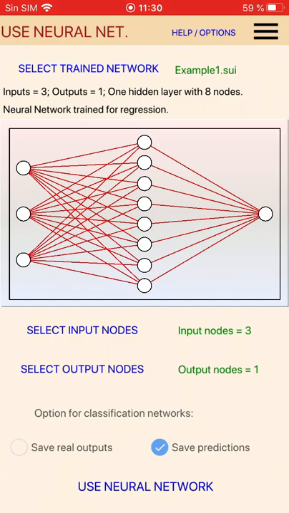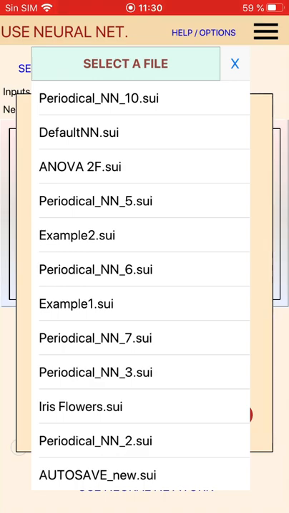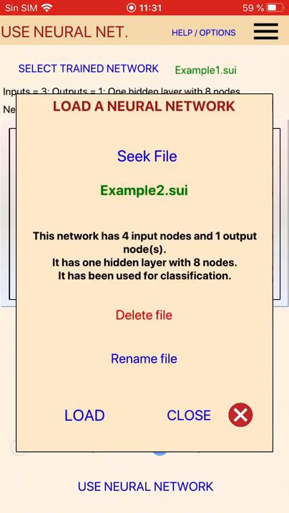Well, so let's select the neural network that was trained for classification. In my case, this one. And we can read it has 4 input nodes. So the idea is you find a flower, you measure sepal length, sepal width, petal length, petal width, and